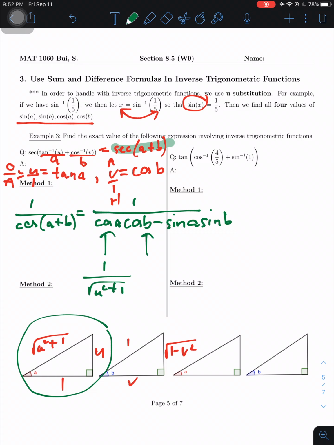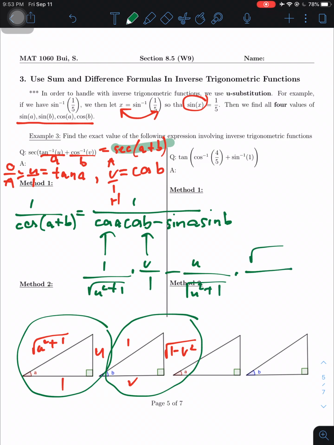Cosine of b, we're going to talk about this triangle right here. Again, we have adjacent, which is v, divided by hypotenuse, which is 1, and we multiply them. The same thing will happen for sine of a, which is opposite divided by hypotenuse. And then sine of b, it is opposite divided by hypotenuse. Right? So on the bottom in here, we're going to have a 1 on the top, and